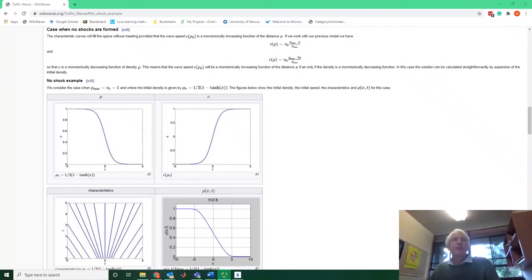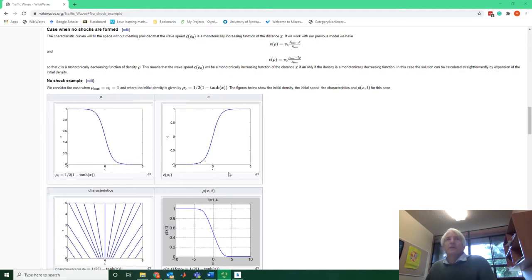So we're going to start here, and we're going to look at the first case when no shocks are formed, and then we're going to talk about the shocks. So shocks are basically nothing more than when the characteristic lines meet. So for us to have no shocks, we're going to assume, I'm just going to read from the notes here,